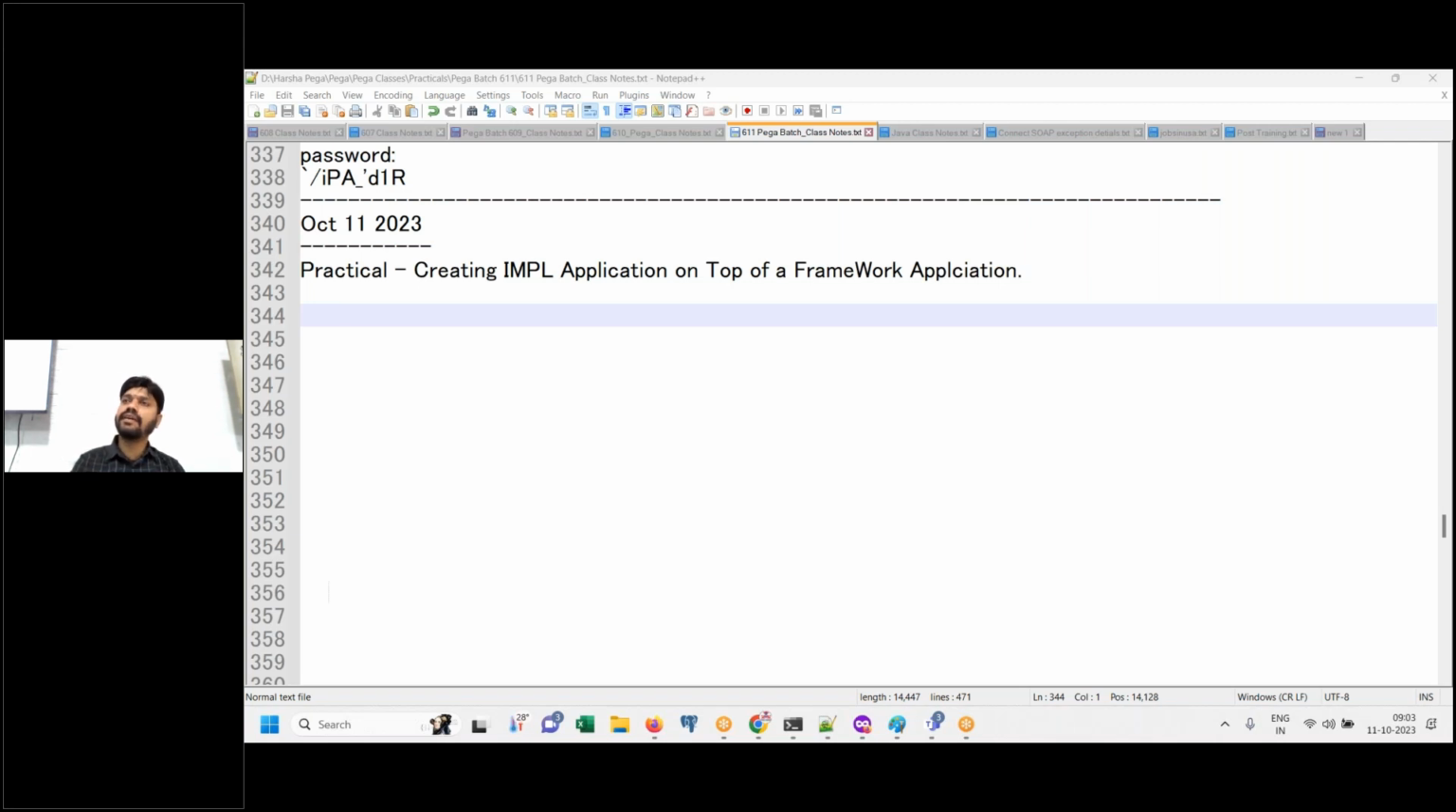Yesterday we saw creating a framework application on the Pega platform. Today we are going to create our implementation on top of the framework created yesterday. Write down the requirement: create a vehicle insurance application. This is the implementation, vehicle insurance. Create a vehicle insurance application as an implementation